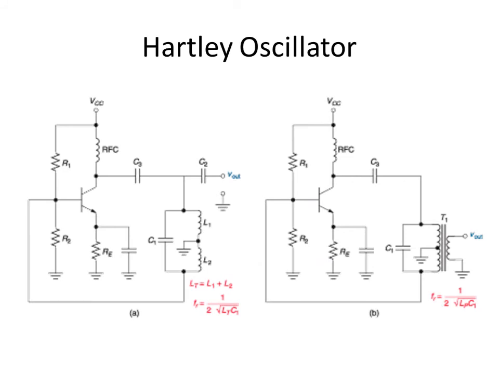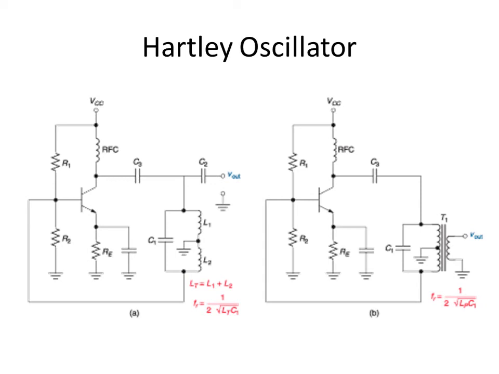Now another example is the Hartley oscillator. It is similar to the previous one, the Colpitts oscillator, but the only difference is that earlier we used two capacitors, whereas in this case we are using two inductors. So a series combination of two inductors is connected to a capacitor in parallel. So the tank circuit is the parallel combination of C and effective L. Effective L is the series combination of L1 and L2. Like that you can explain how the tank circuit is generating oscillations.